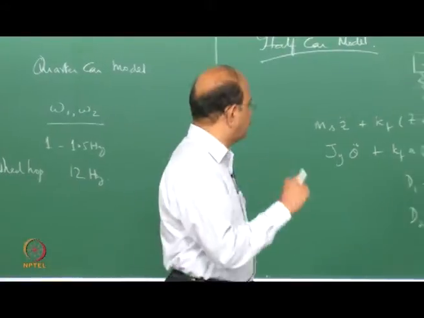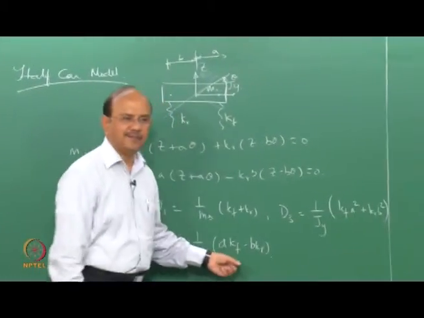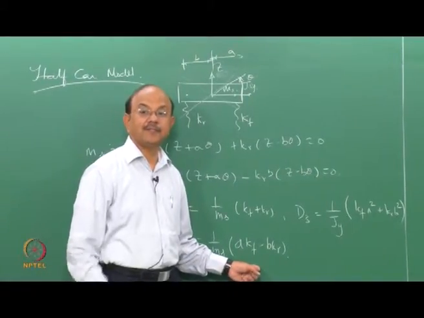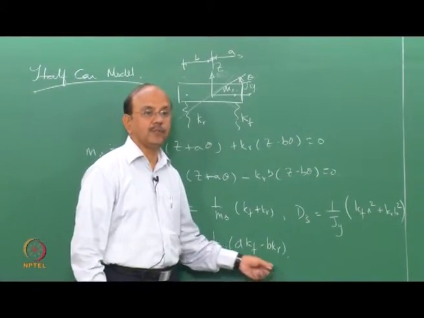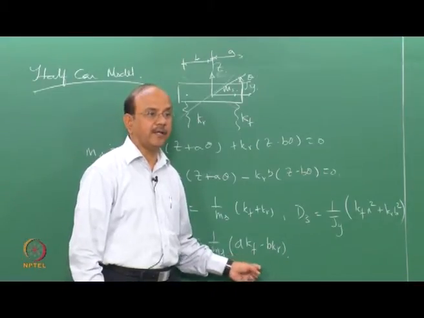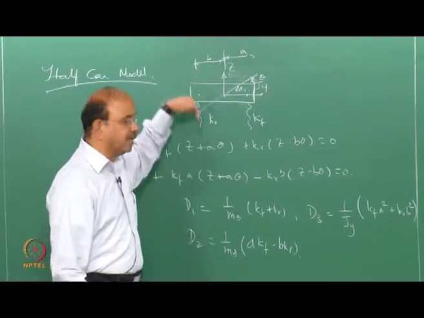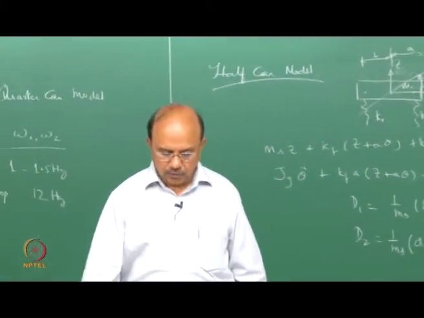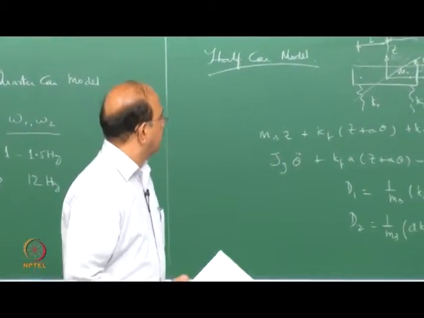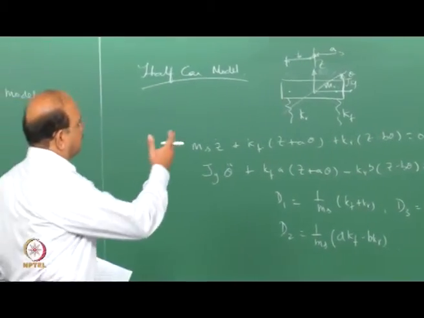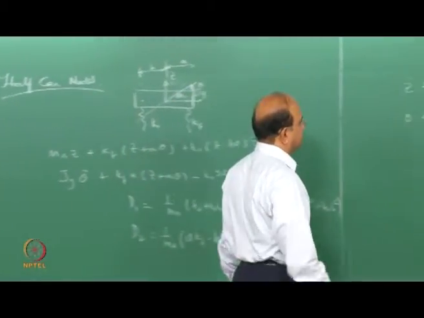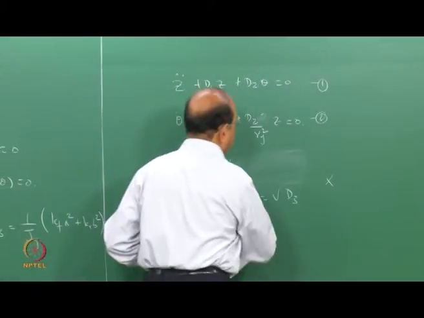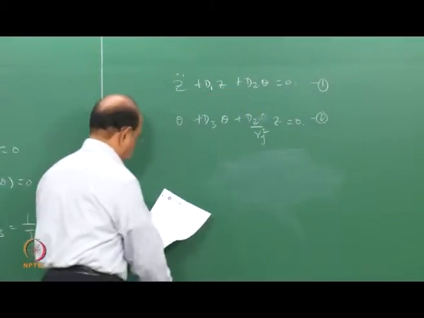Please do not confuse this stiffness. This A was multiplied in one of the earlier classes with another stiffness, C alpha. Don't get confused between the two. This is a different K. This is the stiffness in the vertical direction, nothing to do with C alpha F and C alpha R. So that is the uncoupled case. As I said, not of great interest, but if you want to calculate, you can calculate it like that. Of course, d2 is equal to 0.